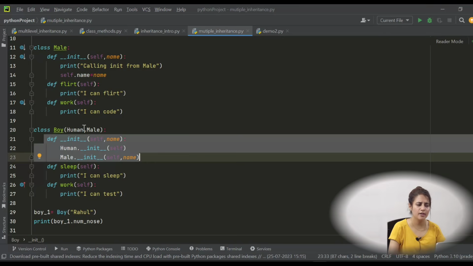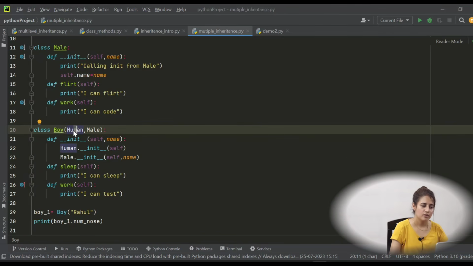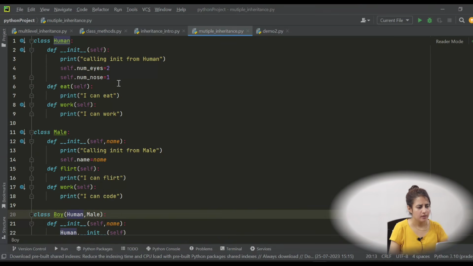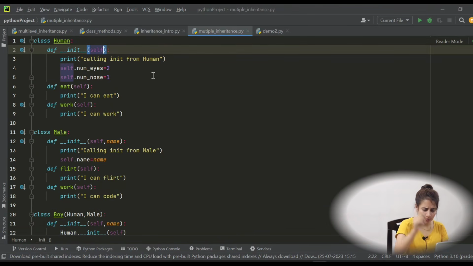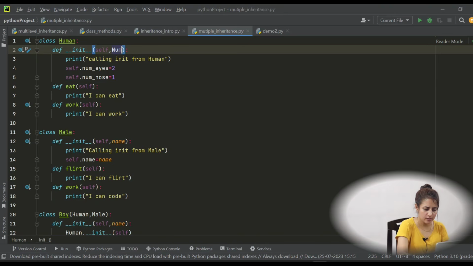If you don't write anything, if you don't define your own constructor, your own init function in the derived class, then by default it will call the constructor from the first parent class, right? Now one question for you is, if in self I am passing the same thing,